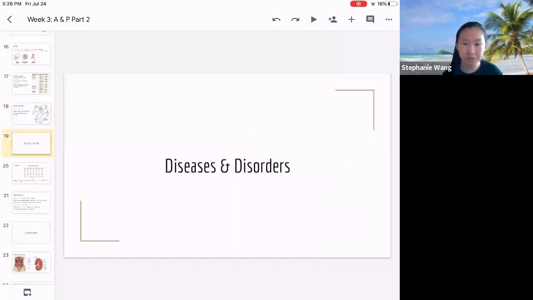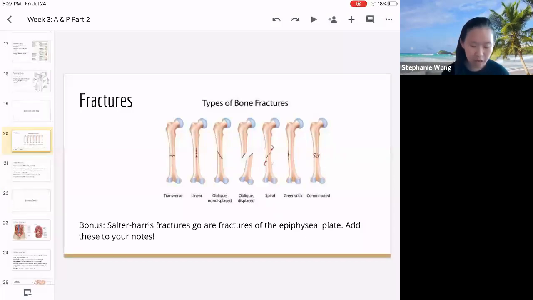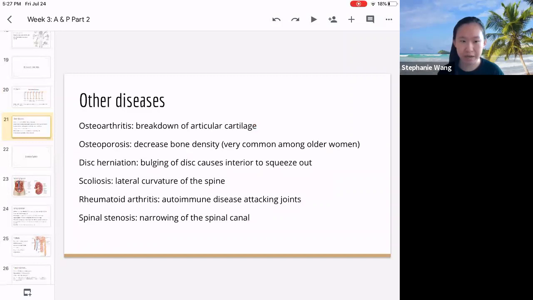Okay, next, any questions about joints? No? Okay, moving on to bone diseases. So fractures, you should probably know about the types of fractures. I'm not going to go over each specific one since they're kind of self-explanatory, but know that comminuted fractures are formed by compression. Spiral fractures are formed by tension or twisting, torsion, and greenstick fractures are when it does not completely go through your bone. It's more common in children because their bones are not completely formed yet. I'm not going to go over all these diseases since we're running short on time, but I want to talk about osteoporosis in particular.